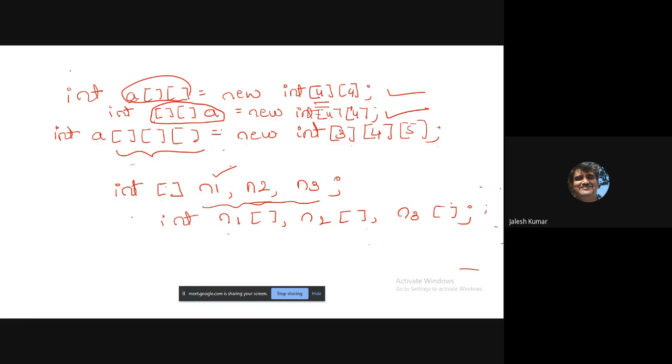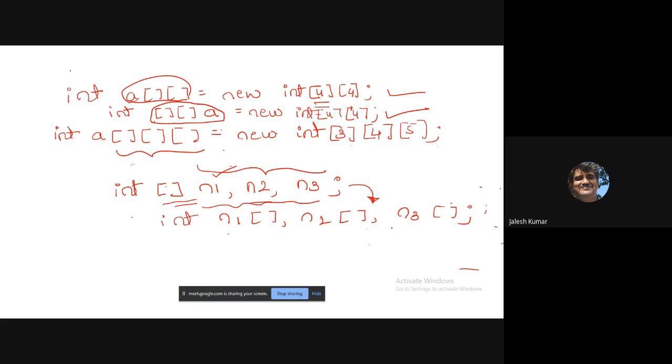Three array declarations. Instead of writing like this, I can write like this. Initially itself, I'll write it and after that followed by n1, n2, n3. That means it applies to all these three. This array declaration applies to all these three. It is nothing but writing like this: n1 array, n2 array, n3 array declaration.